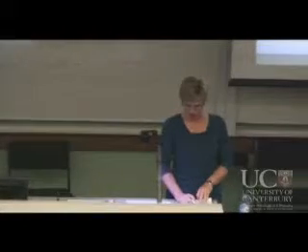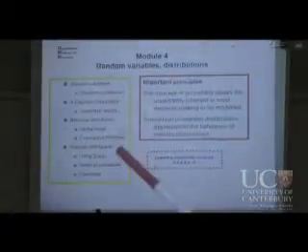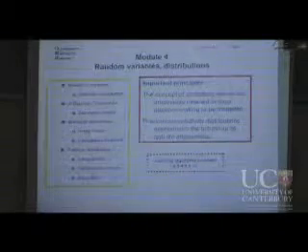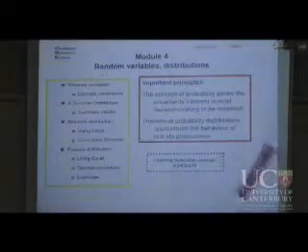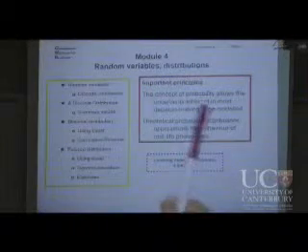Today we're going to look at what random variables are. We're going to look at a discrete distribution, a predefined one, and then we're going to look at the binomial distribution and the Poisson distribution. And the important principles, I'll just go over them again, is that the concept of probability allows